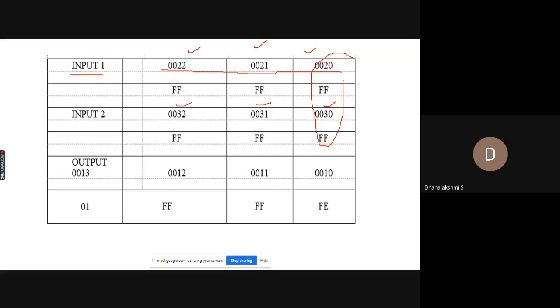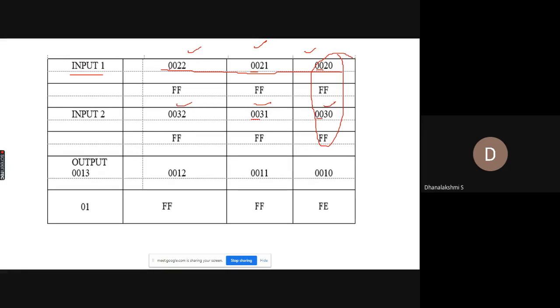I am going to store this first byte in 0020 as well as in 0030. As you can see clearly from this output table, the upper byte of your address location is the same, 00. Here it is 00, here it is 00, and here it is 00.